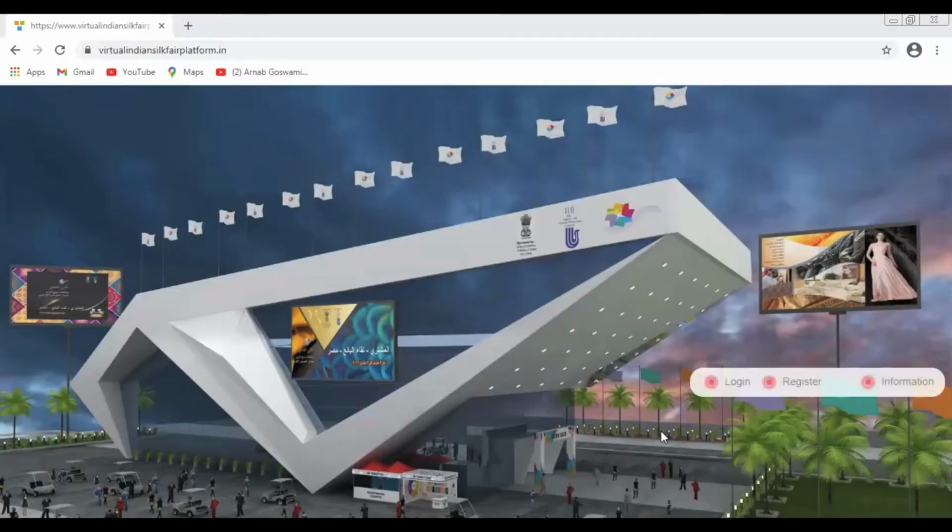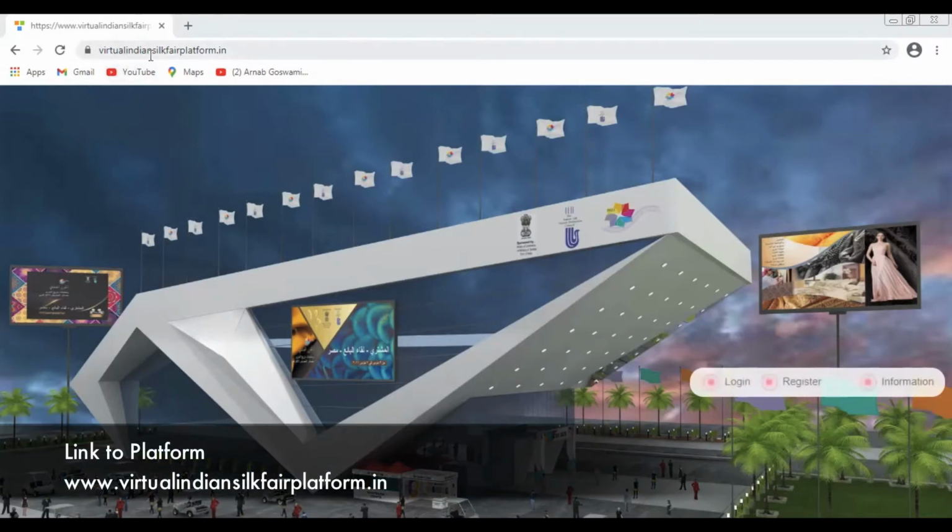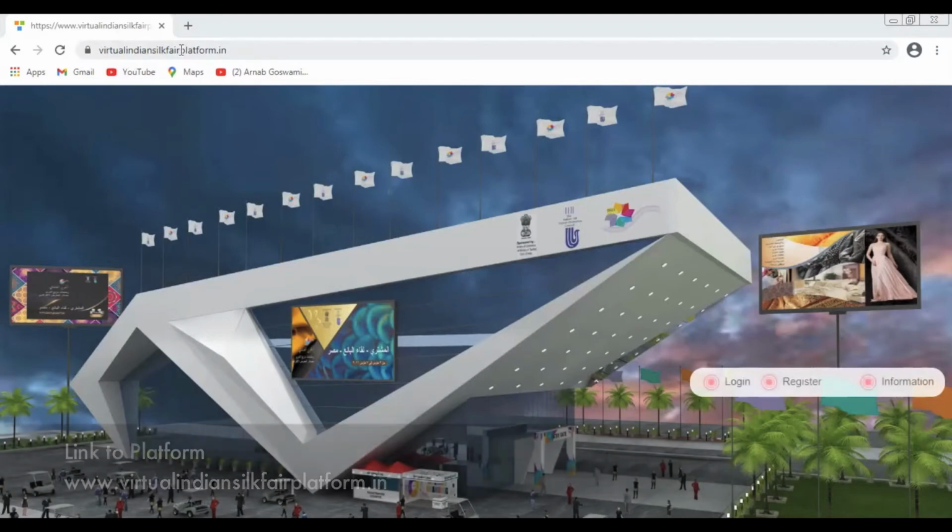You all have already received your login ID and password through email or WhatsApp. If not, then kindly click on register button to get your login ID and password. So firstly, type in the URL of the platform, that is www.virtualindiansilkfairplatform.in.